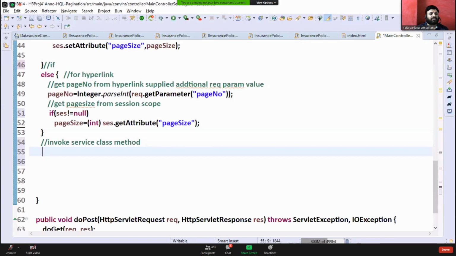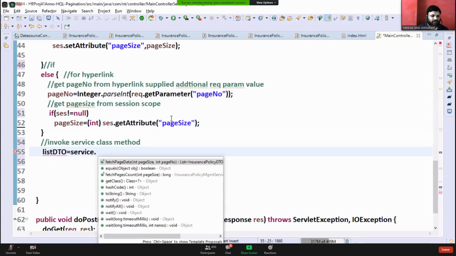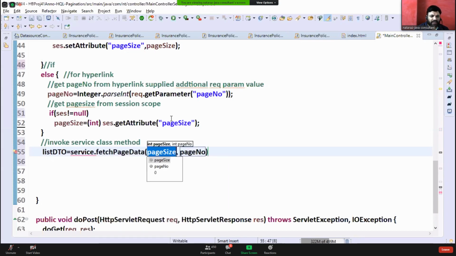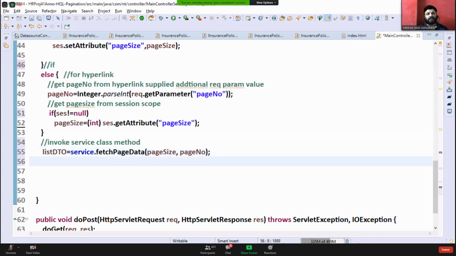Invoke servlet class service class method. Tell me here. List DTO is equal to service dot page data, page size and page number. Anyhow, according to the situation we are keeping. Next,